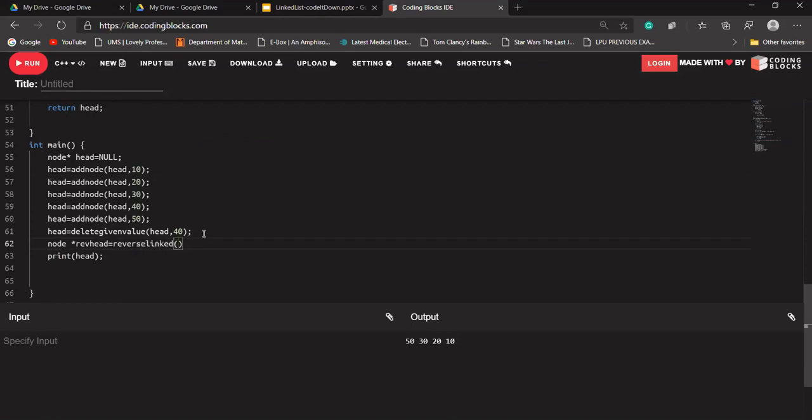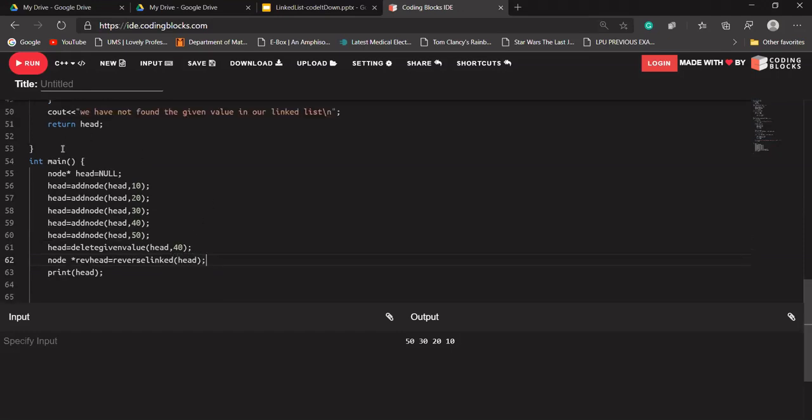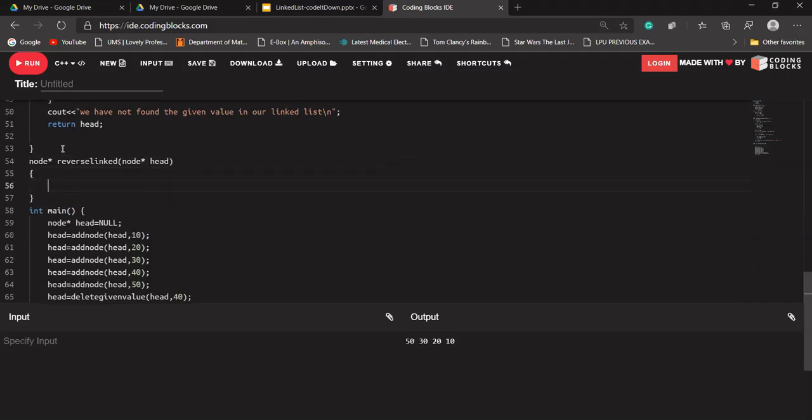We should pass our head through it. It will return an address, so its return type would be node star, and it will be given a head value. I think the code is clear to you all.